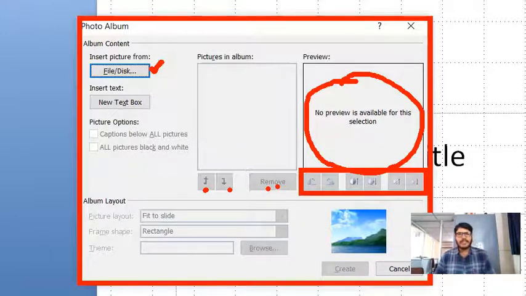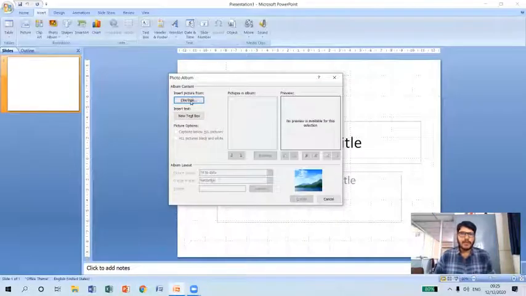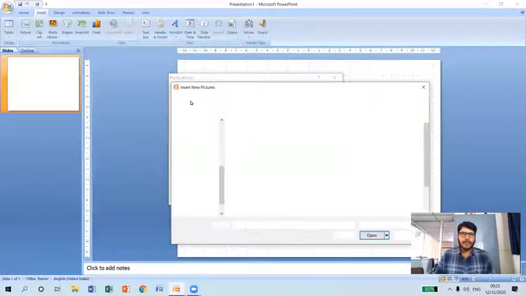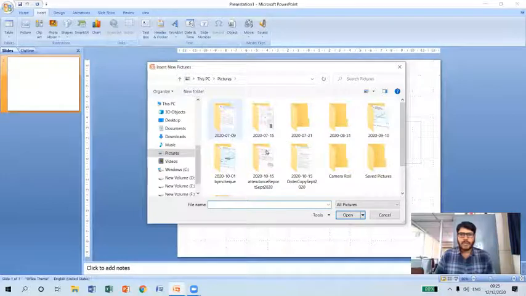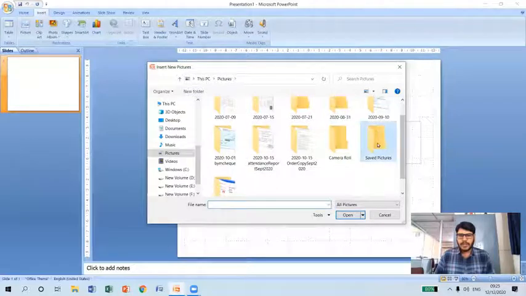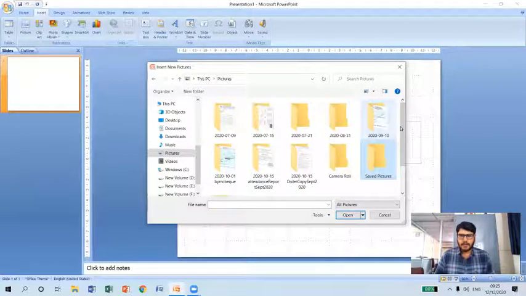Now let me insert the pictures by clicking on the file or disk button, which is available here. Let me click on this, so that it will open a new insert picture dialog box. Now I have to browse through the pictures which are available.